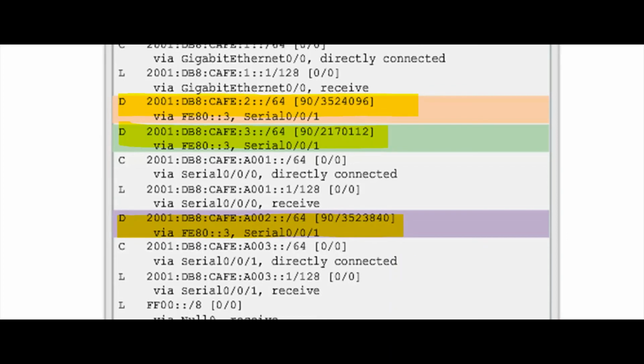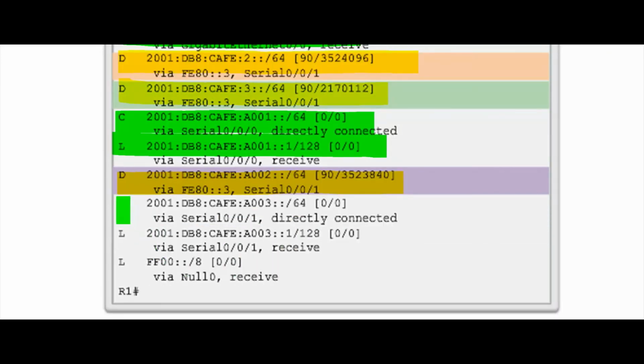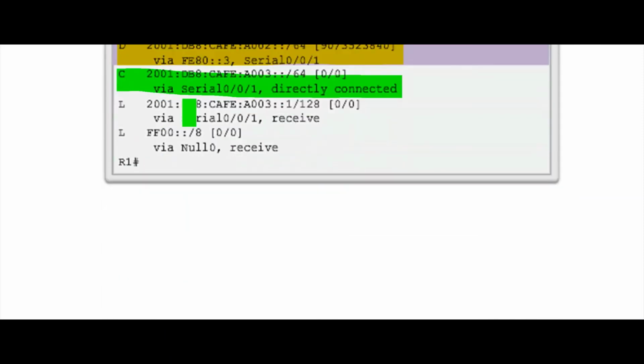These are all directly connected. This is also a directly connected network. So the concept is the same. The way we handle the routing table is the same, but you will use the IPv6 address.